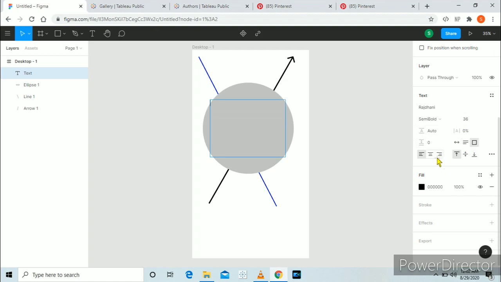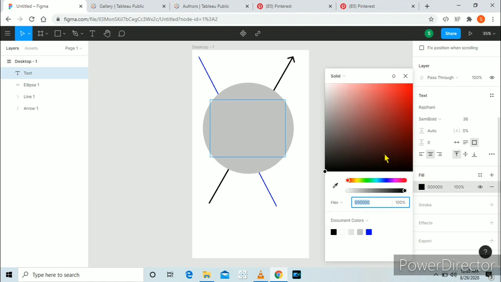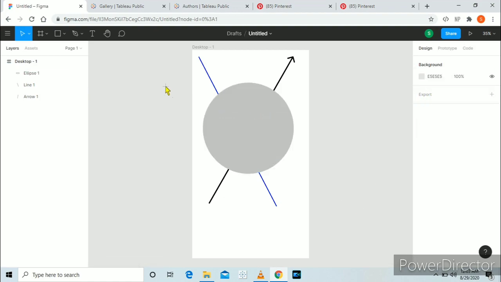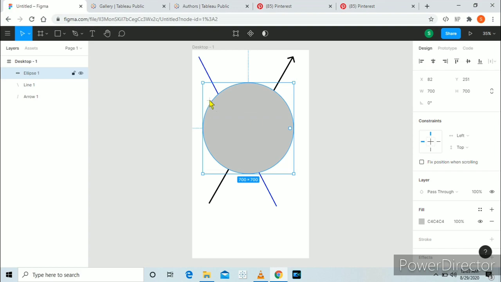You can align it or change line height, letter spacing, paragraph spacing, anything. You can give your text color from here. Color scheme is similar to the color scheme for line and rectangle.